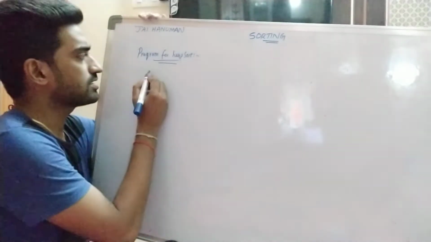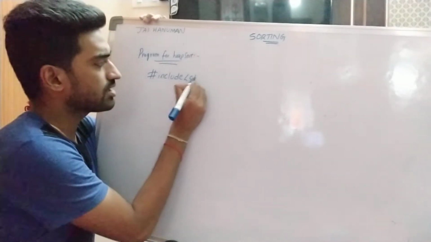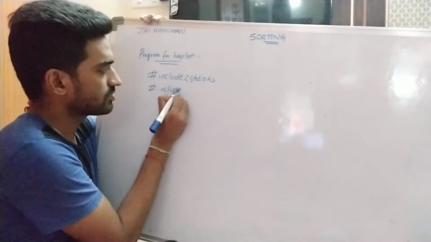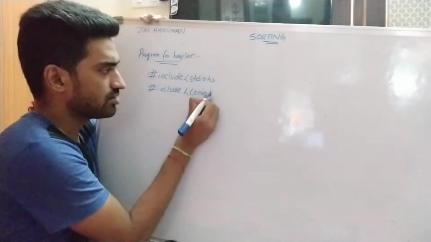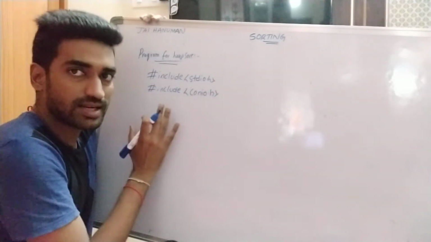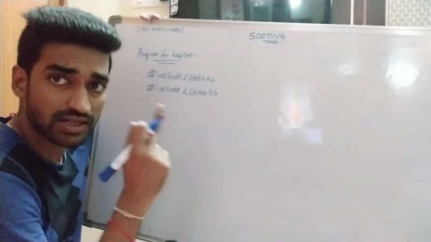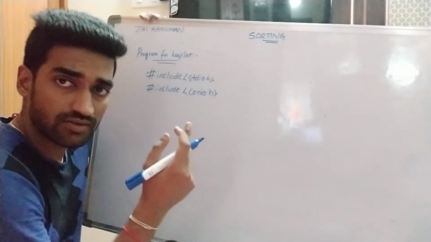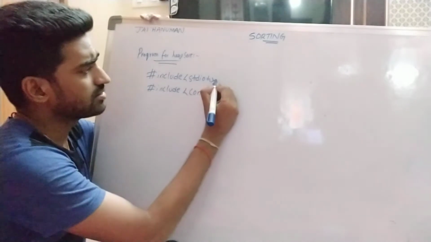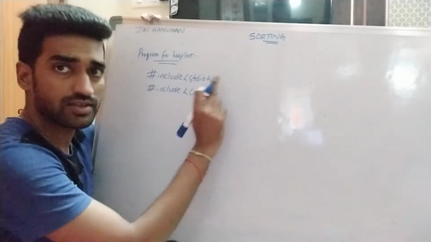First of all, I am writing the linking section. In the linking section, we compulsorily write two header files: #include <stdio.h> and #include <conio.h>. After writing the linking section, we write the global declaration part as well as the function declarations. In this program, I am using two functions: one for heapsort and one for max heap tree construction. For input output operations we use stdio.h, and for clear screen operations we use conio.h.